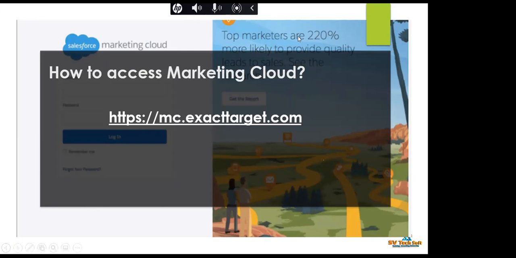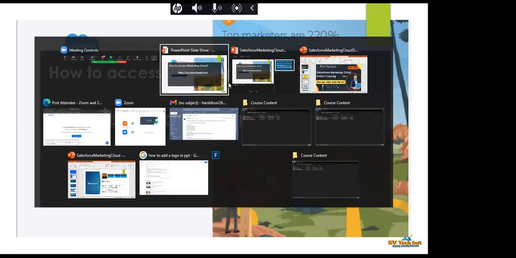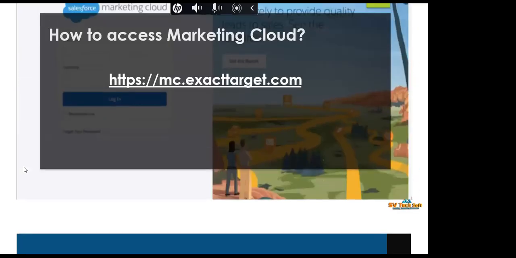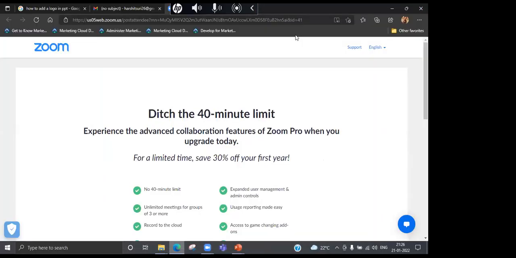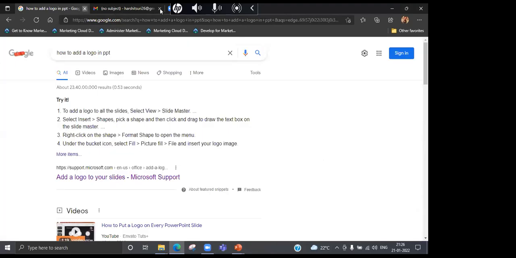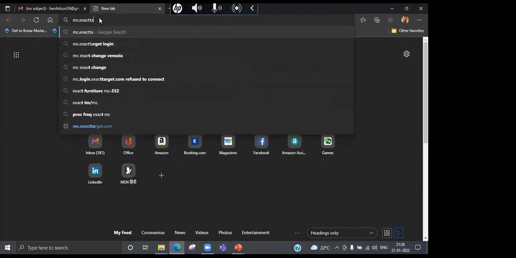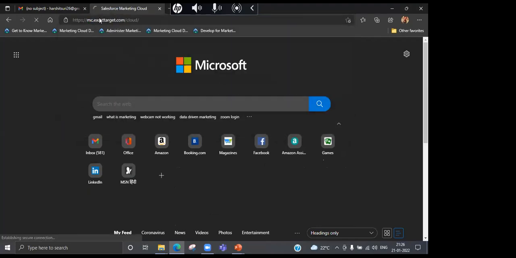Guys, let's try to move to Marketing Cloud. Let's try to log in to Marketing Cloud. So I'll open it in front of you. mc.exacttarget.com is the Marketing Cloud URL.